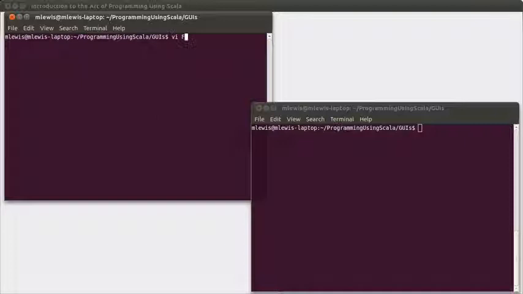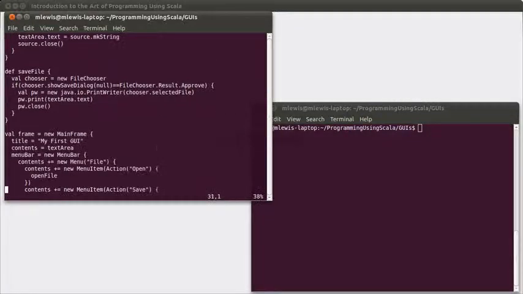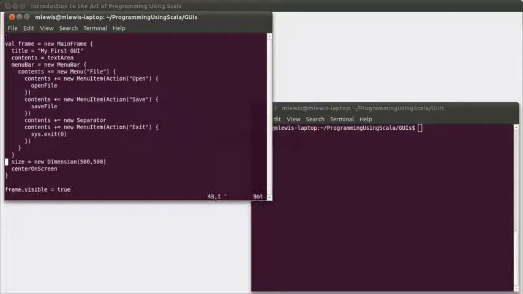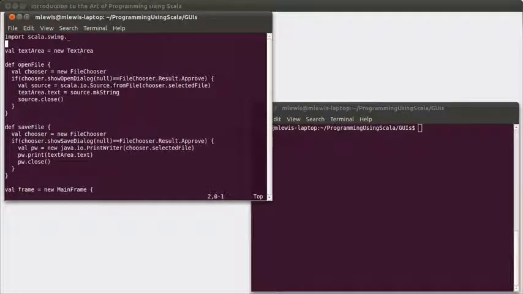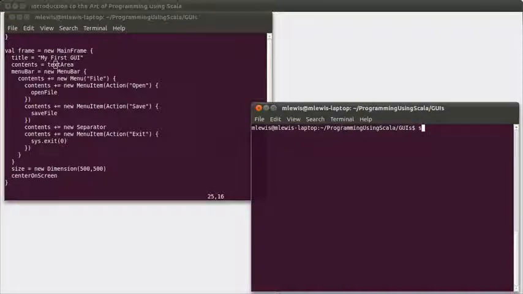To see how we might use this, we can go back to our first GUI, which you might recall wound up being a simple text editor. So we had the ability to open and save files, and the contents of the frame was a simple text area. This was a bit of a problem because if there was too much text in there, you couldn't see all of it. So if we run this,